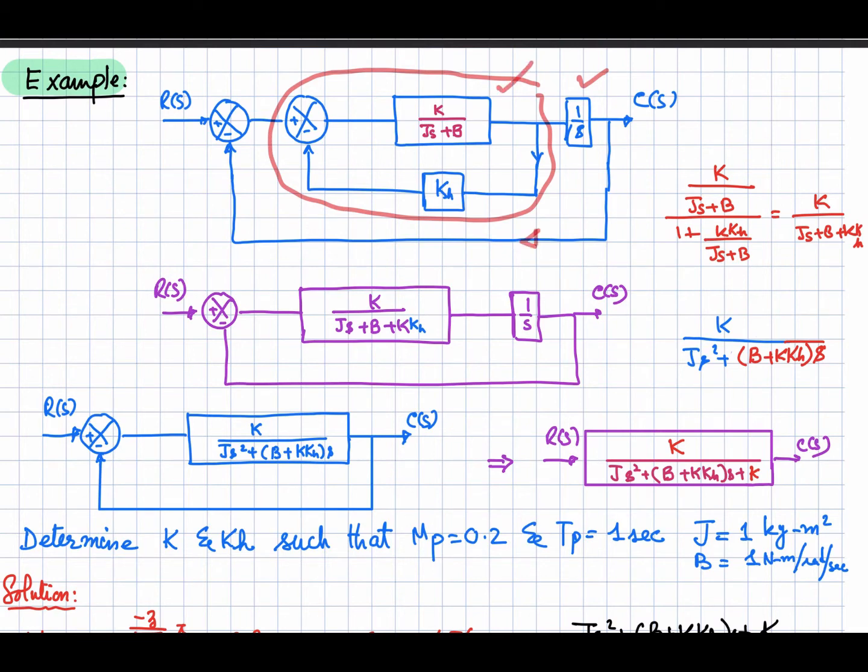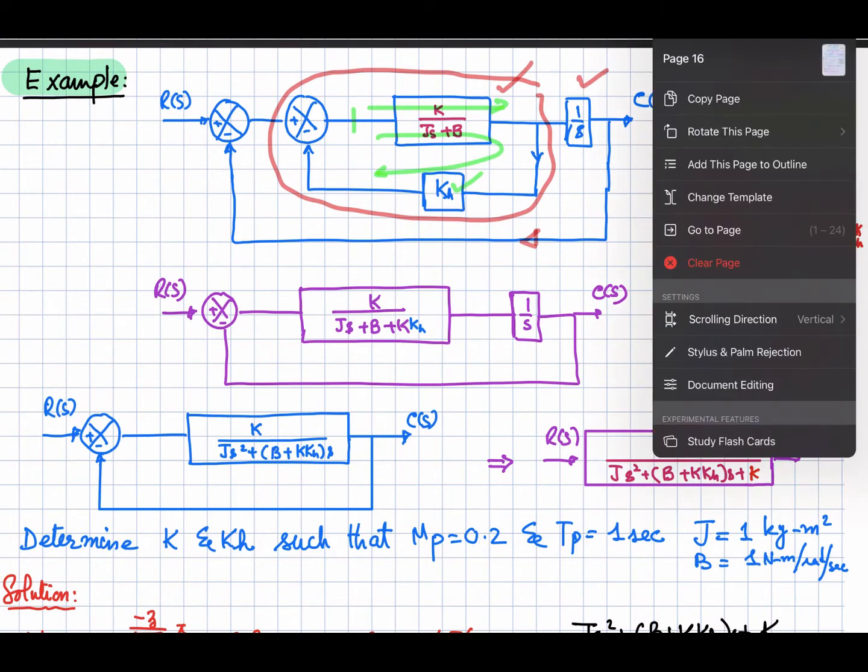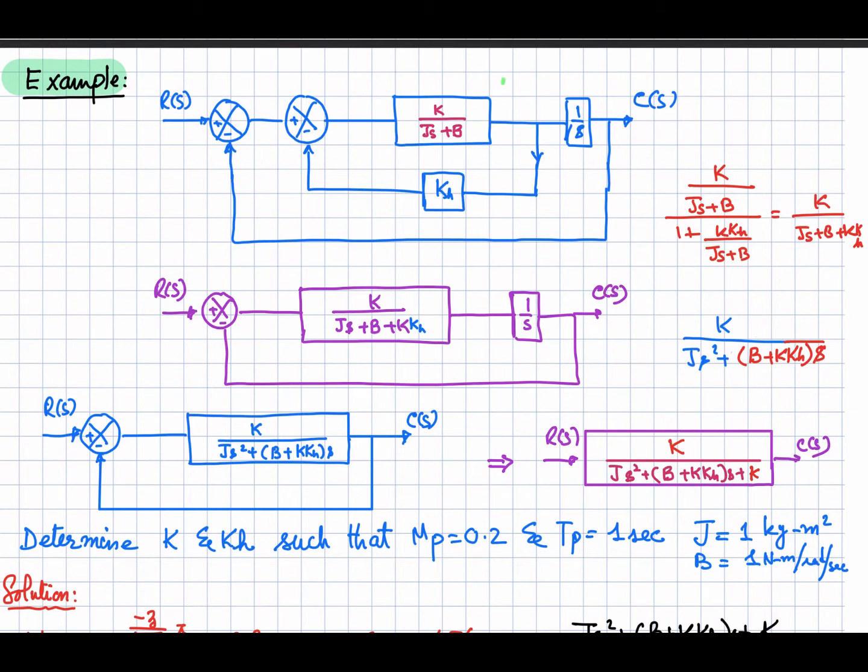Okay, so first of all, let's simplify this one using the closed loop expression, G(s), that is the feed forward transfer function, and the loop gain is this one, this multiplied with this. So 1 plus G(s) H(s) is to be considered. H(s) is equal to this factor, and G(s) is this one. Now considering this loop and writing down the closed loop transfer function, you can see over here, this is G(s) over 1 plus G(s) H(s), where H(s) is K times Kh. Simplifying this one, you are going to get this expression.